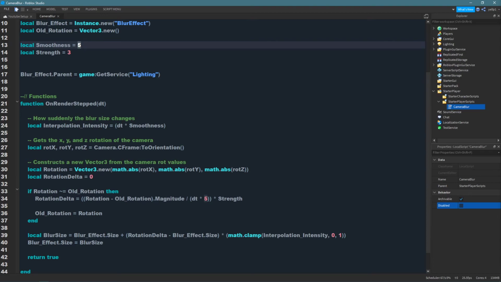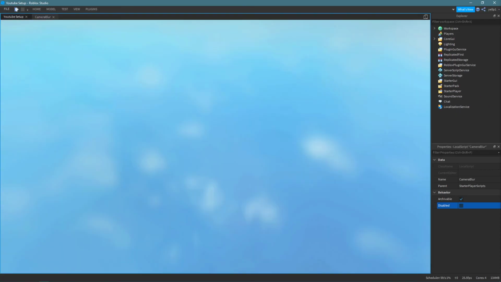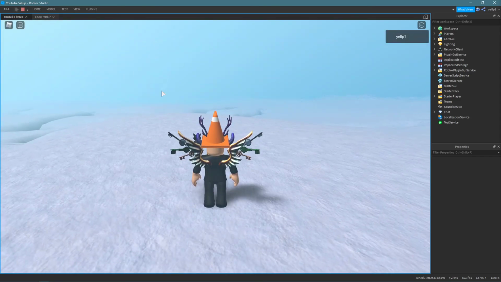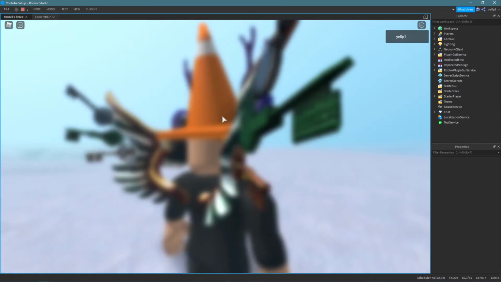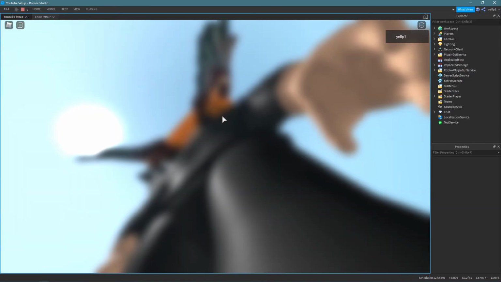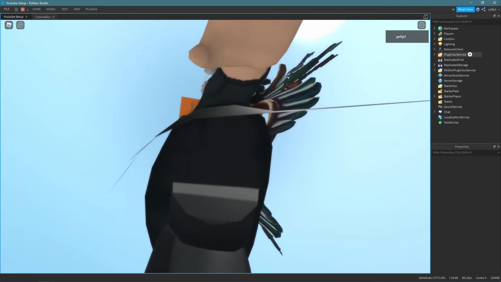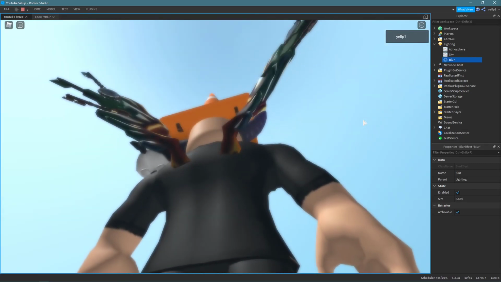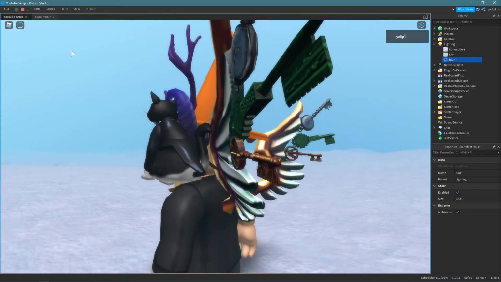I'm also going to change smoothness to, let's say 2. So smoothness, the lower the number is, the more smooth it will be. So the slower the effect will change. The higher the number, the faster the blur will change back. So as you can see here, it slowly starts to fade in and out, if you can see that. We can even open up lighting and see this happening in real time. If we go to blur, you'll see it slowly starts to increase and then decrease,